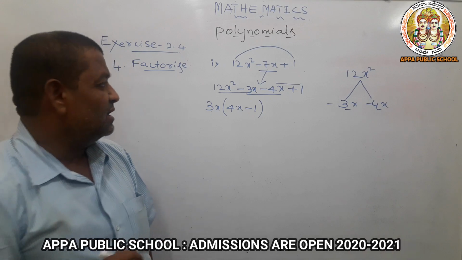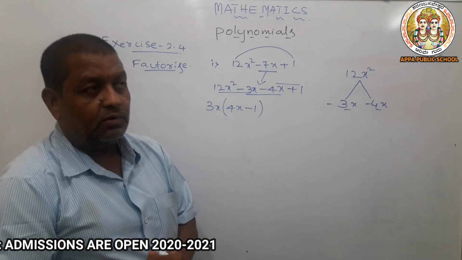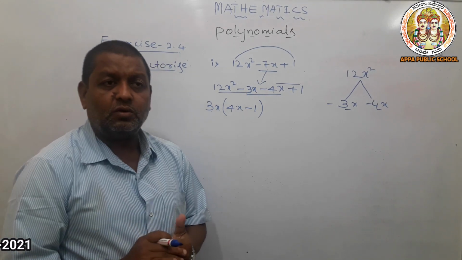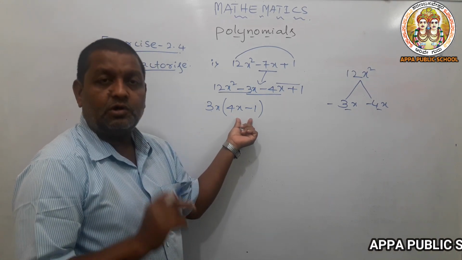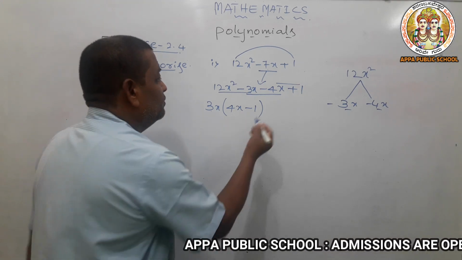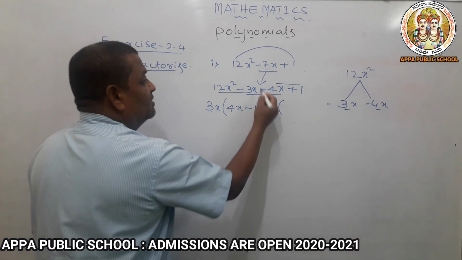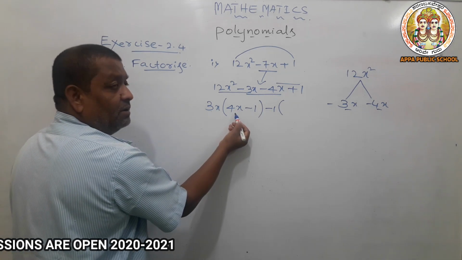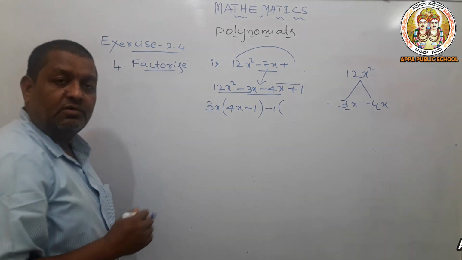1 is common, definitely. But when you are taking 1, wait for a second. Which one do we need here, plus 1 or minus 1? Why I am telling is, we need the same terms inside the bracket with the same sign. For that, minus 1 is good. If you take minus 1, the signs are changing. That's what I want: minus 4 becoming plus 4, plus 1 becomes minus 1. That's my intention. That's why I took minus 1 as common.